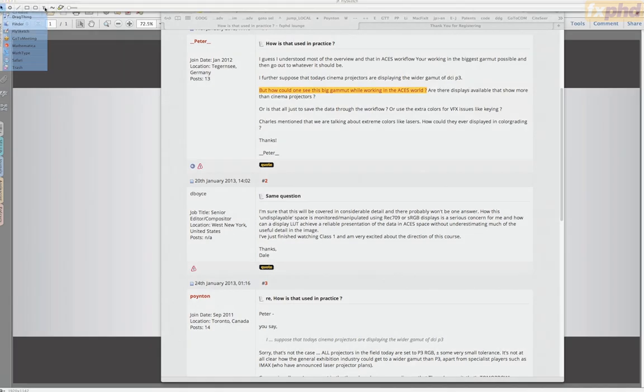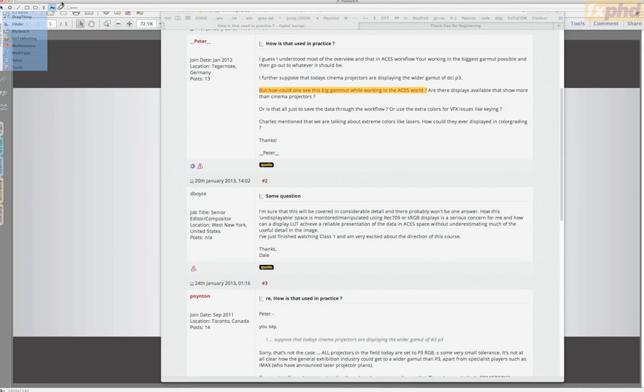They are non-realizable or non-physical. You could use either of those terms. So when you're working in ACES space, you're working in a kind of theoretical, abstract gamut. And for any sort of display of that, you need some gamut mapping and some color transform machinery. And that's one of the purposes of the ODT.